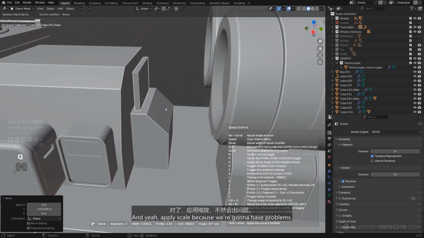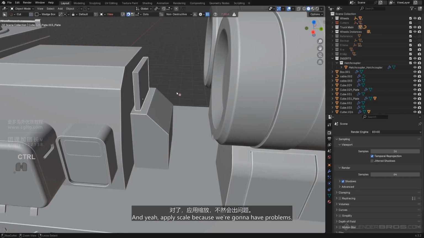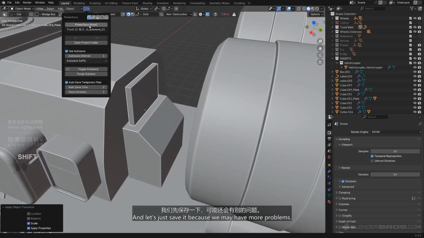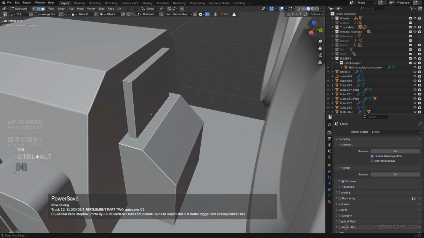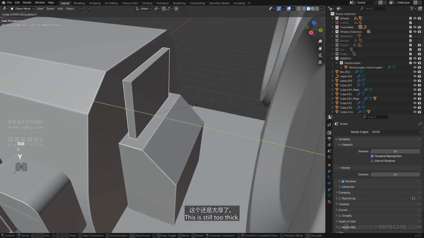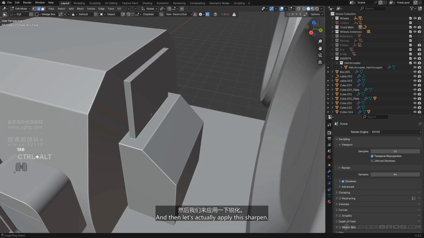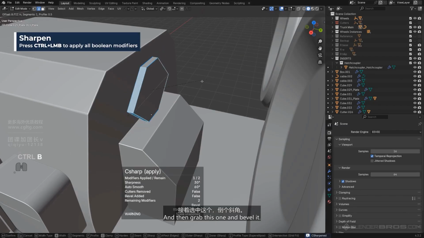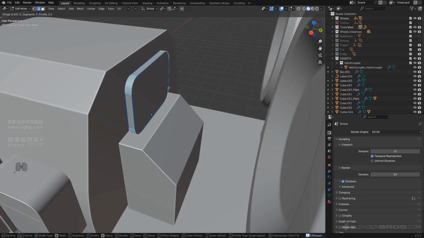And bevel, yeah, apply scale, because we're gonna have problems. And let's just save it, because we may have more problems. This is still too thick, and then let's actually apply this,